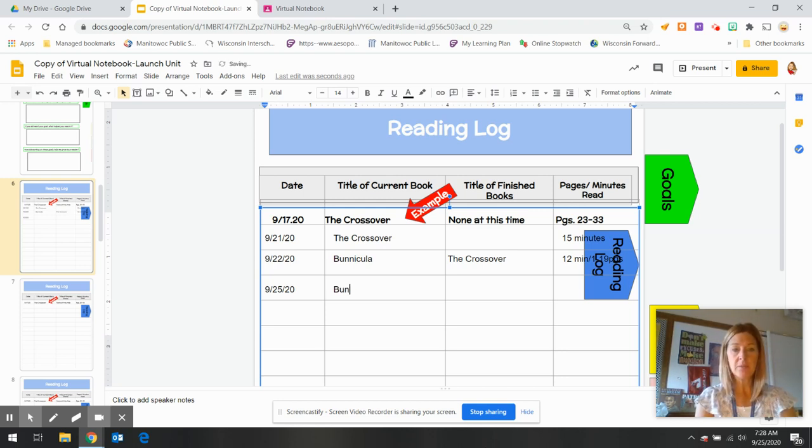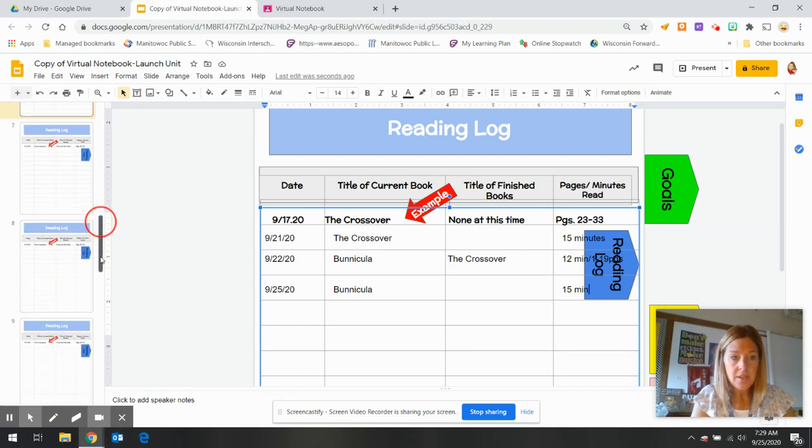I'm still reading Bunnicula. I pressed tab. I don't have any books that I finished at this time. And today I read for 15 minutes. Okay. That's the reading log. Now, when I'm done with that,